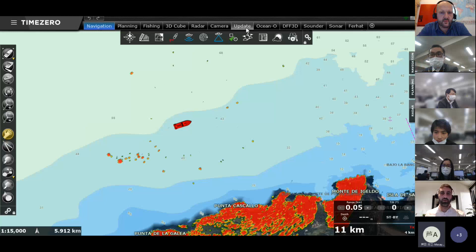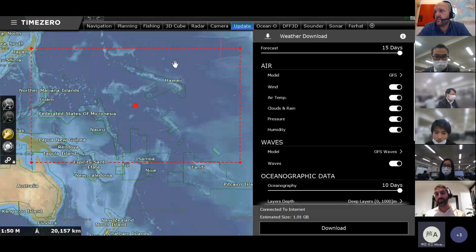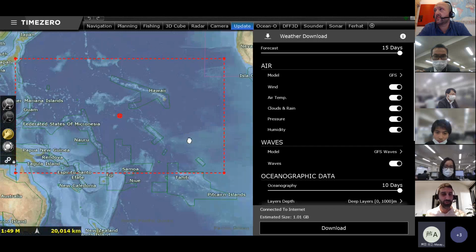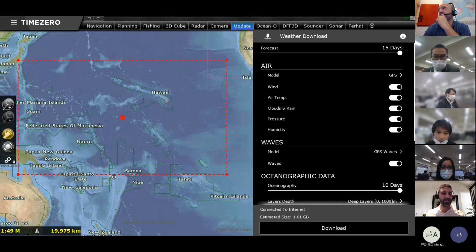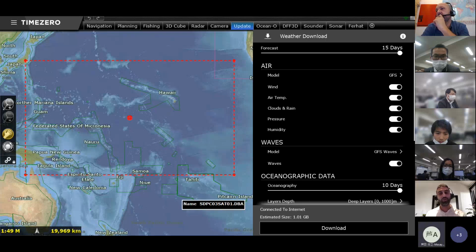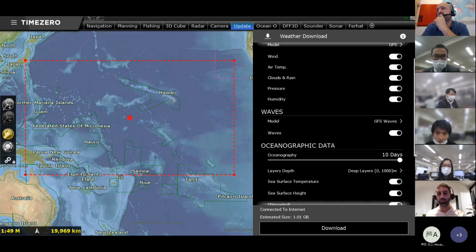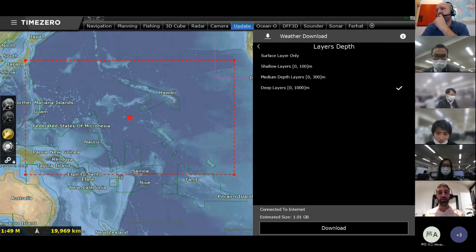That's a really good question, and actually it depends on the area. It depends on many factors. How big is the area? The area I've downloaded here is huge, almost all the Pacific Ocean. It depends on the number of data that you'd like to display. You don't need to download everything. You need to focus on just specific data and information. It depends on how deep is the layer. For the surface layer, of course, the data will be smaller, and for the deep layer, because it's information at every depth position, the data will be bigger.